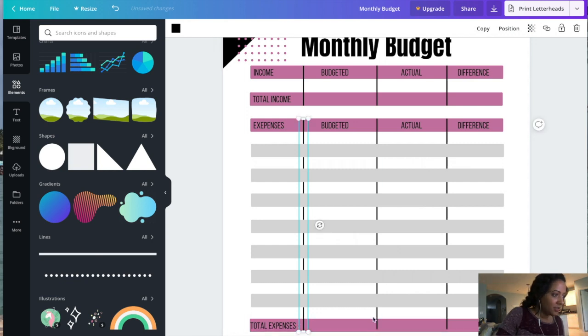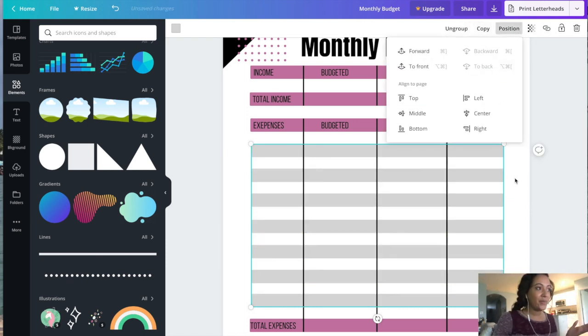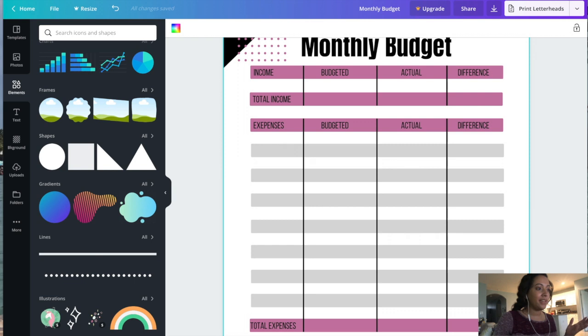And again, you'll just perfect this however you want your budget to be. And now we'll go ahead and we'll select these. We can group them and we can position them to the back. So there you have it. You have a really pretty